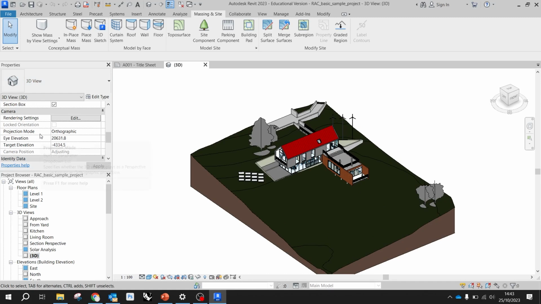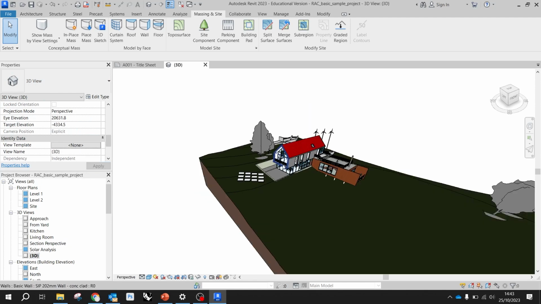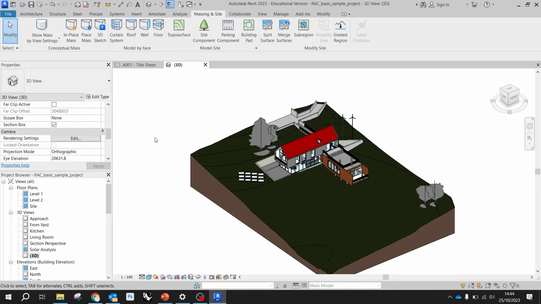For instance, the projection mode. The projection mode is orthographic. I can come in here and change this to perspective, and the view will update accordingly, right? So it's just a series of information and attributes that I can dynamically play with, and they will have an immediate effect on the view that I have open. Now,